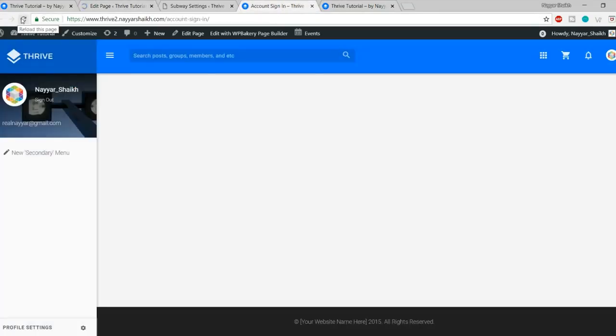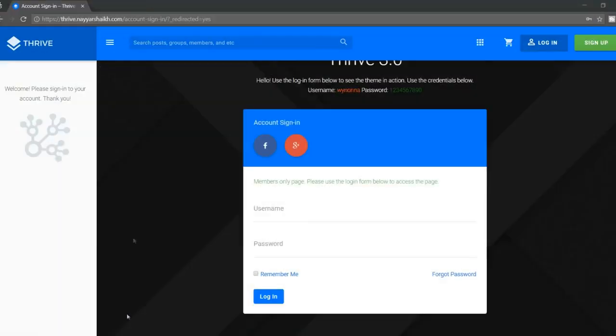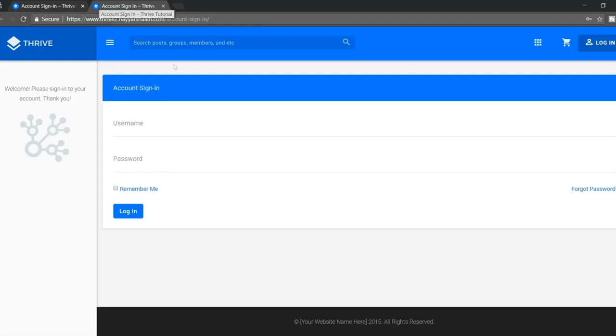Again come back to this page. Let's refresh it. As you can see, it is saying you are currently logged in. That is because it has detected that we are logged in, so we are not getting that login page because we don't need to do that. So let me copy this page. Let me open this page in a new incognito window. Let's see what happens. Okay, here we can see the page because here we are not logged in,